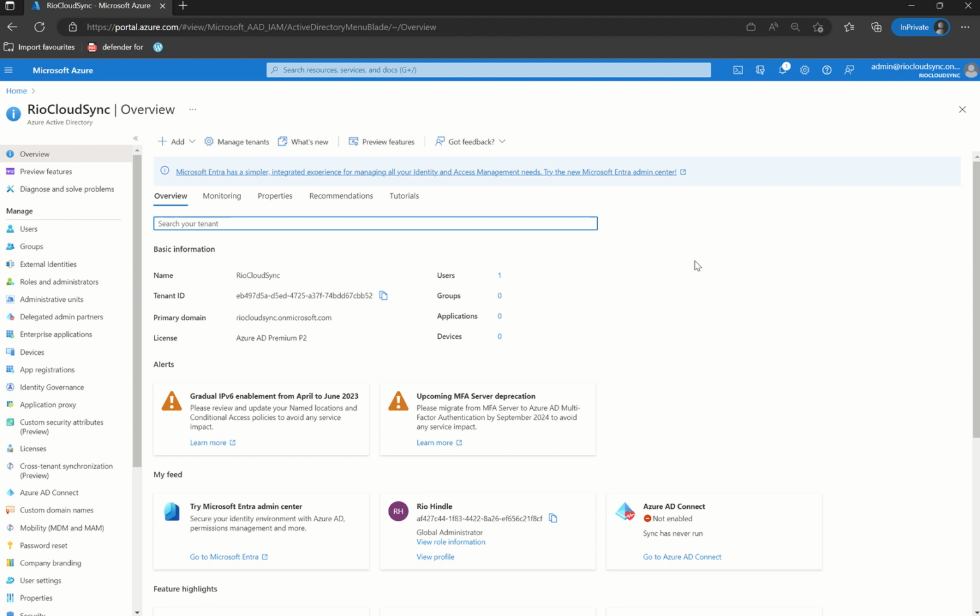But both those tiers of security require premium licensing from an Azure Active Directory, Premium P1 and P2 perspective. If we're looking into the free tier of licensing, then security defaults would be the way to go in this aspect. So to start off with, in terms of a summary,